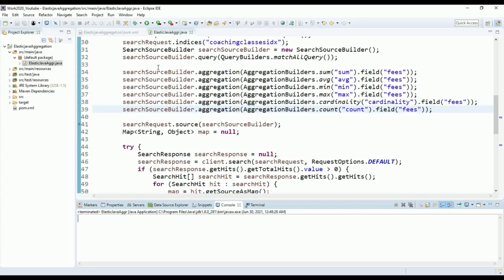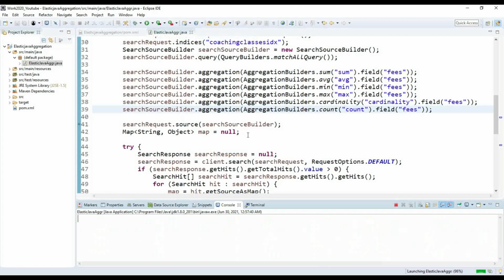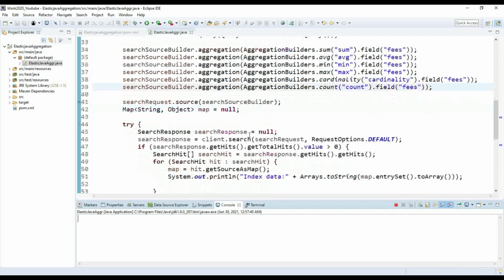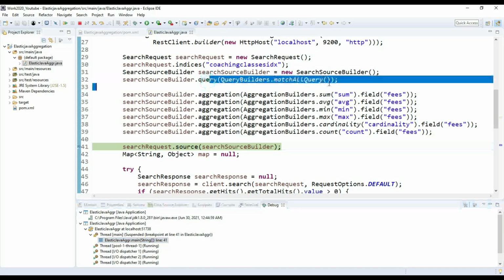To illustrate better, we will start this program in debug mode, so that we understand how the query is forming and how the aggregation is forming. I just ran this program in debug mode. On line number 32 my query is forming, and on line number 41 my aggregation is added.